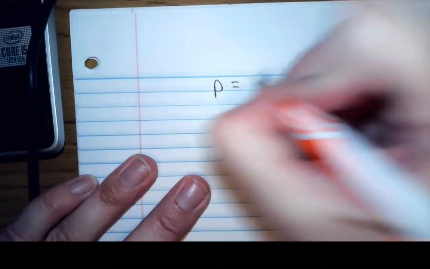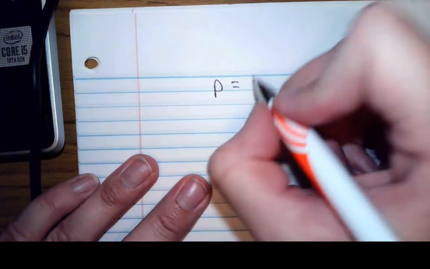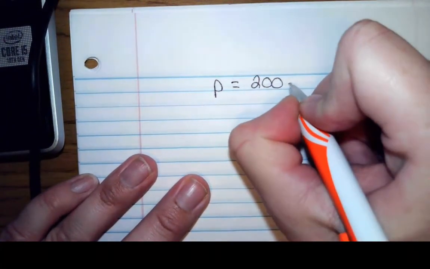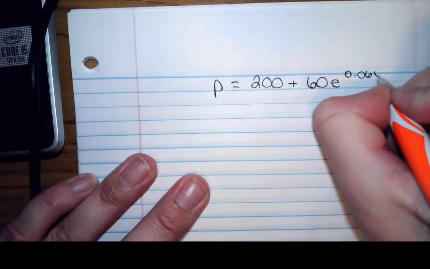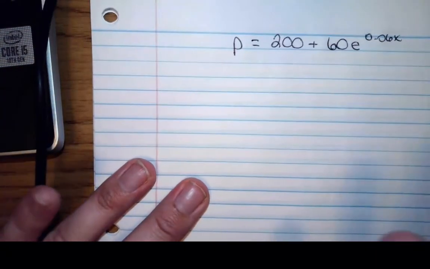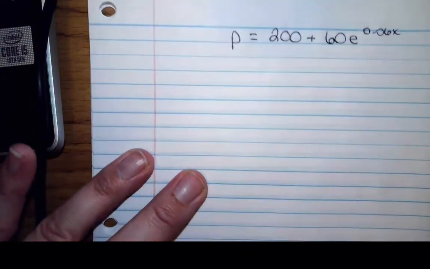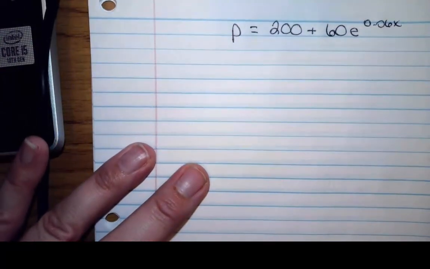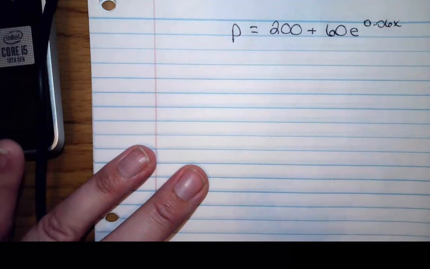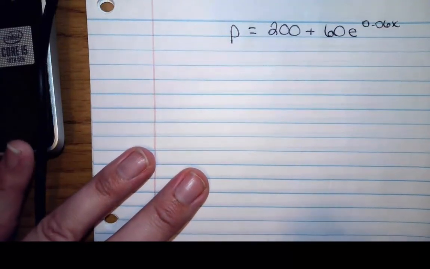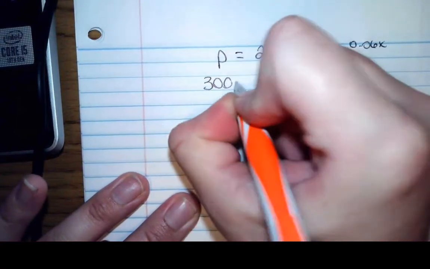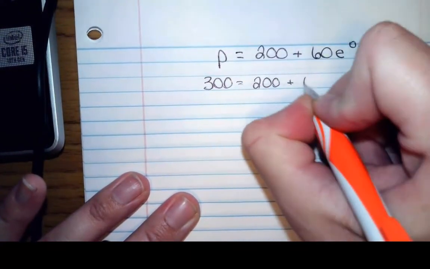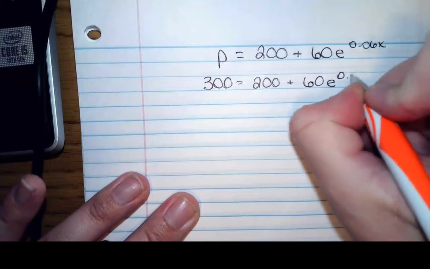Okay, so first of all, what is our setup? Our setup is P equals, we're buying mattresses, so 200 plus 60 e to the 0.06x. The first part is going to be straight up algebra. Find the number of mattresses the manufacturer will make available in the marketplace if the unit price is set at $300. P is 300. So here's 300 equals 200 plus 60 e to the